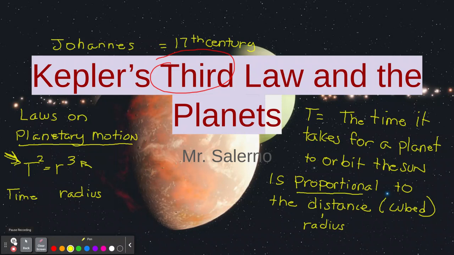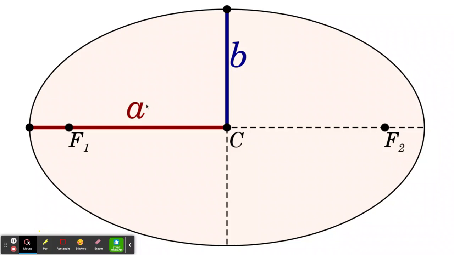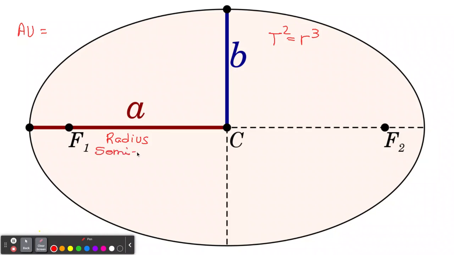So let's go. And before we begin, we need to know a little bit of what AU means. Let's get the pen going. I use red. What AU means, and this word over here I'll write, because this is the radius we're going to be talking about. Remember, it's elliptical. All planets will revolve around the sun in an elliptical orbit, not in a circle. So this radius that we're talking about in the formula, and again the formula is here, t squared equals r cubed, they call this the semi-major axis,